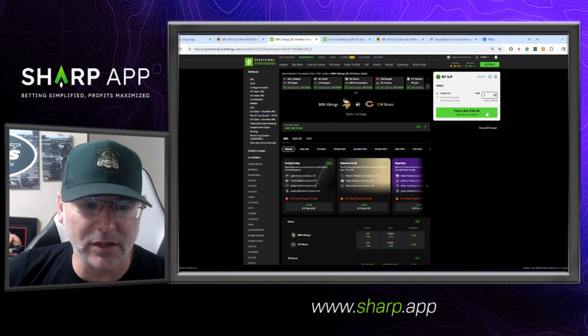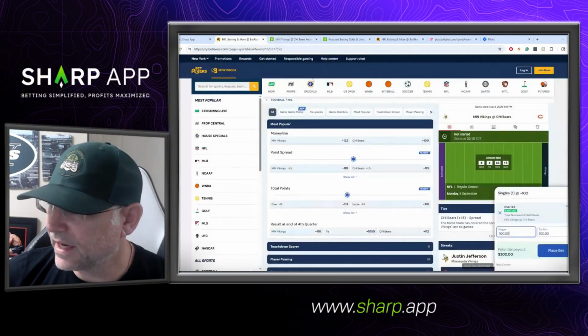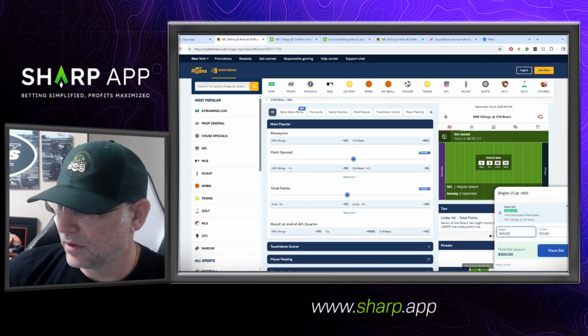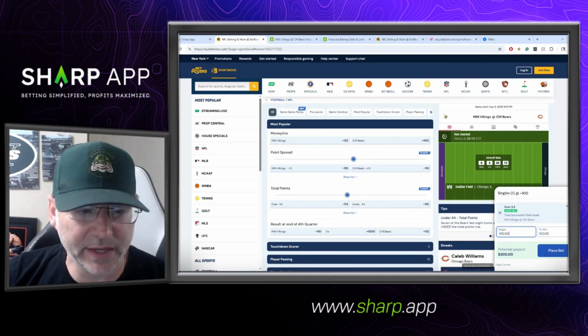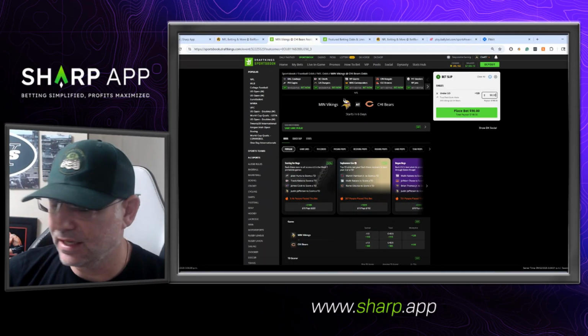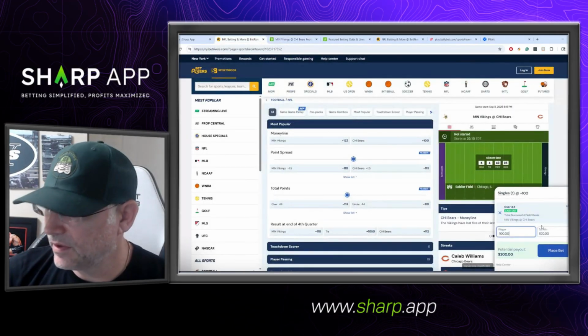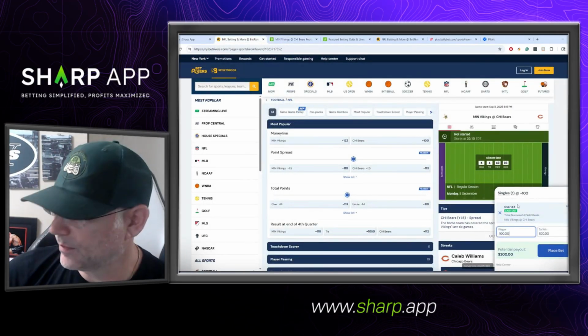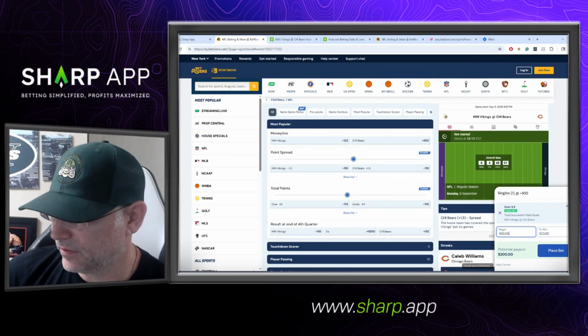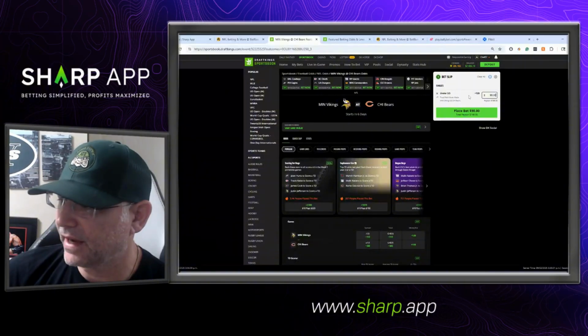So $108 if this side wins. If this side wins, we're going to win $100. Now, why is this great? We're only betting 90. So if this side wins, we're going to win 10. We'll get our money back from this bet plus an extra 10. We'll get our money back from this bet plus the money back, 90 from this bet, and we'll walk with